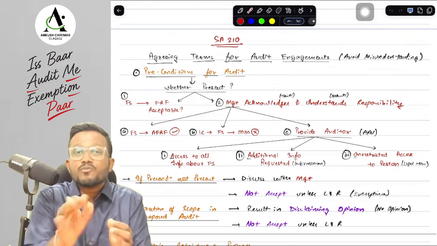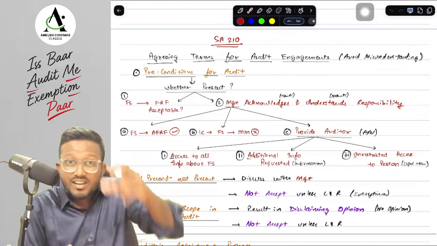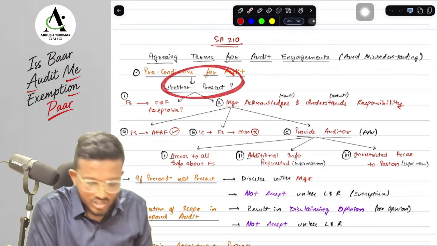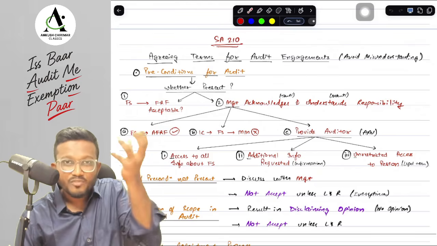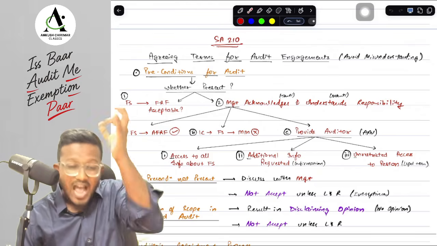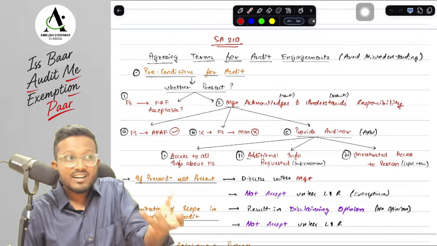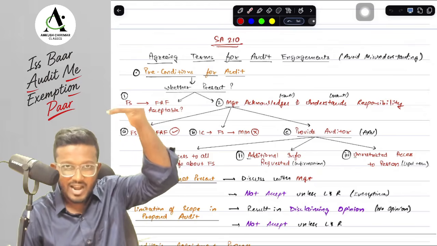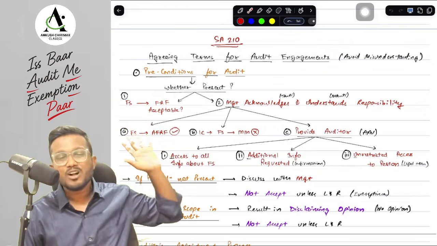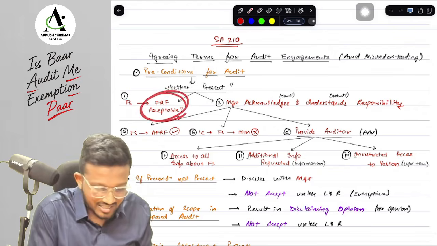These are my conditions for doing the audit. Without these conditions, I will not do the audit. So we need to see whether the preconditions are present in the organization itself. What is the precondition, sir? The first precondition is I have to check the financial statements. The financial statements are prepared as per the FRF, and the FRF is acceptable, which means what, sir? Suppose a profit-oriented entity is preparing an income and expenditure account, receipts and payment account, which is prepared by an NPO entity, then it is completely false. Then the FRF is not acceptable. I need to see the FRF that is used by the management, whether it is acceptable or not.